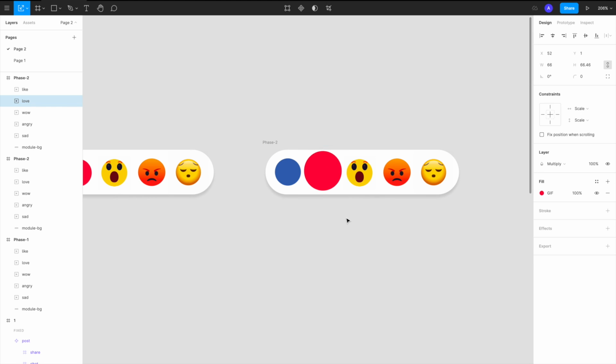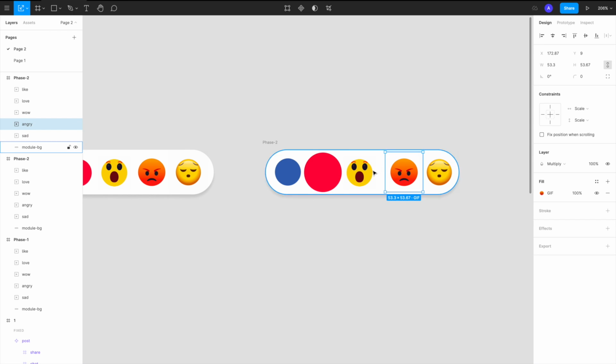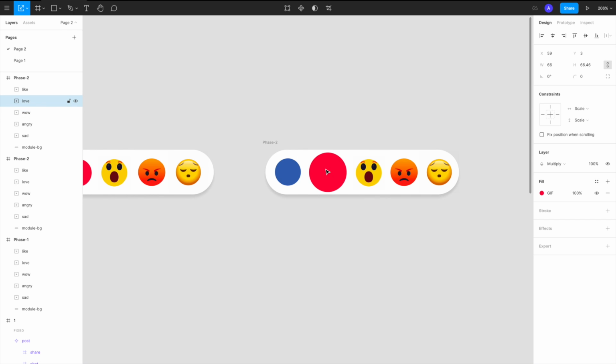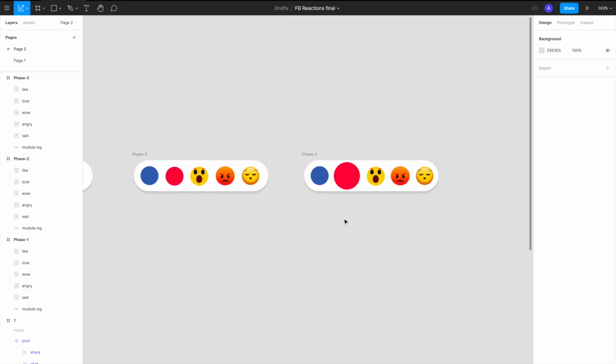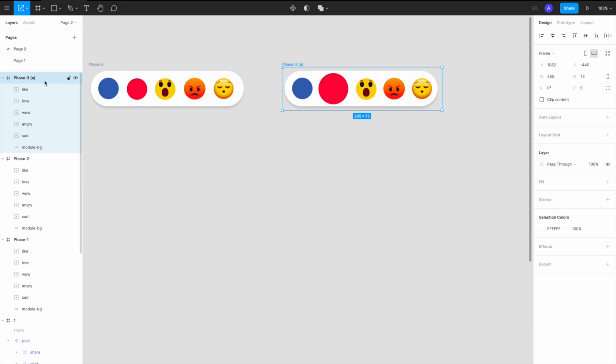And since we have ample space left and right, we can move the other things a little bit to the side, so that we can give a little bit of space to it. Perfect, and I'll call it phase 3A. The reason being, this is just one of the emojis zoomed, but we need to create stages for all of these hover states. So when we hover on this, it should zoom up. When we hover on this, it should zoom up, this should zoom up, this should zoom up.